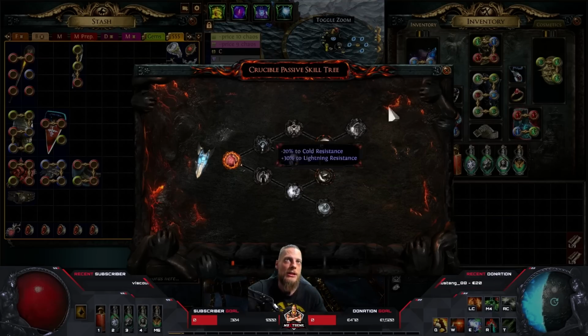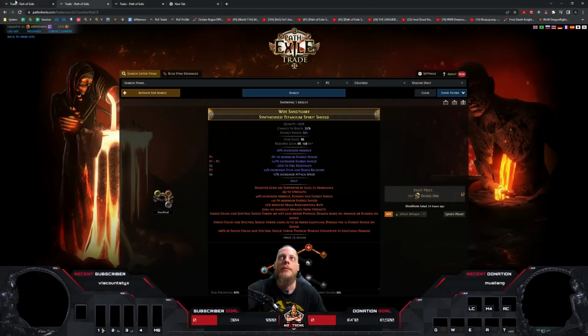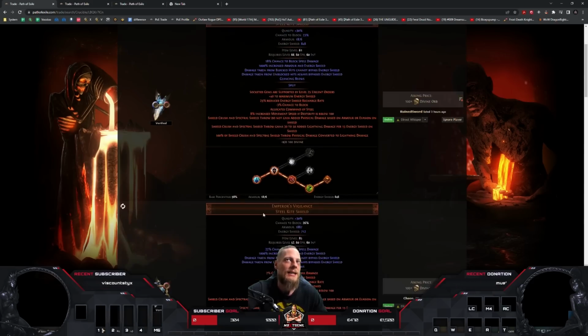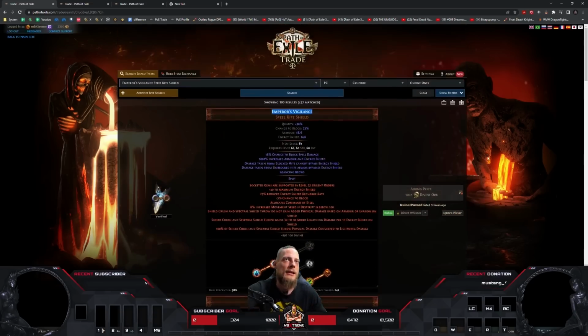This is just any tree, this is not the done tree, right? What happens is you get something like this one over here, an energy shield 848 Emperor's Vigilance that has, as I said, flat ES on the Crucible tree, because it has 1000% increased. So anything that goes along with flat ES with the Spectral Shield Throw, I mean,